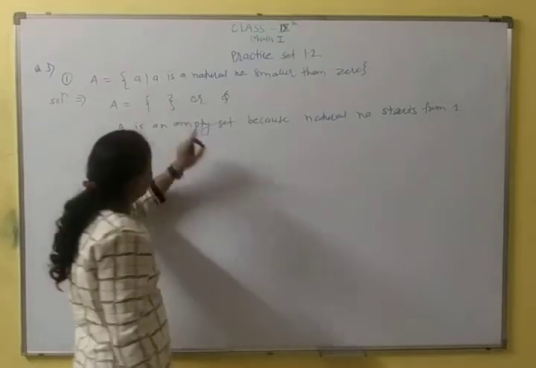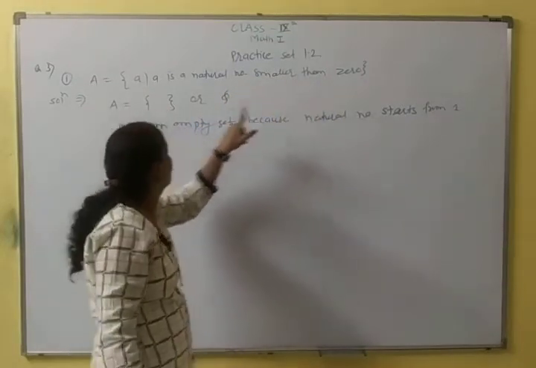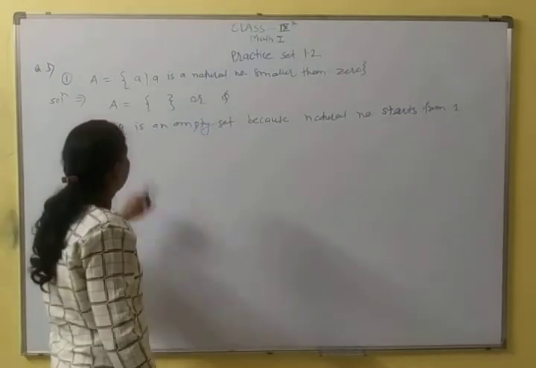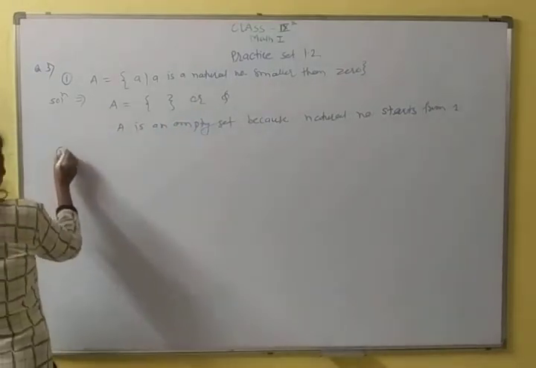Therefore, no natural number is smaller than 0. Therefore, A is an empty set, denoted by phi. Second,